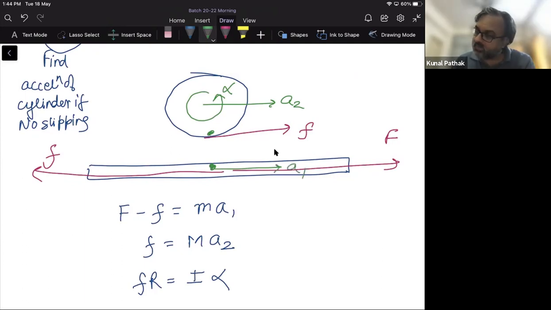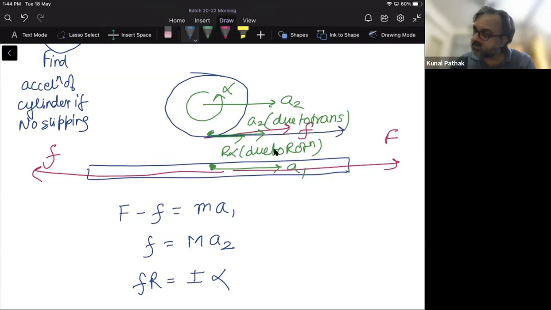So this point at the bottom cylinder will have an acceleration a2, right? And this is due to translation. And it will also have an acceleration r alpha, which is due to rotation, right? We have been doing this for so long now. So the net acceleration of this point will be a2 plus r alpha,